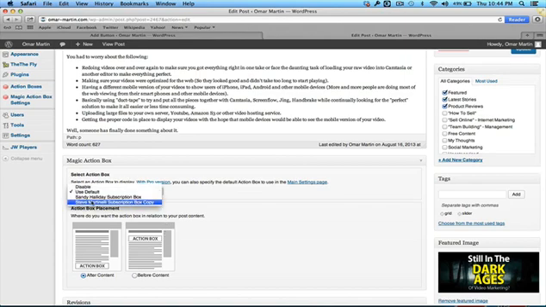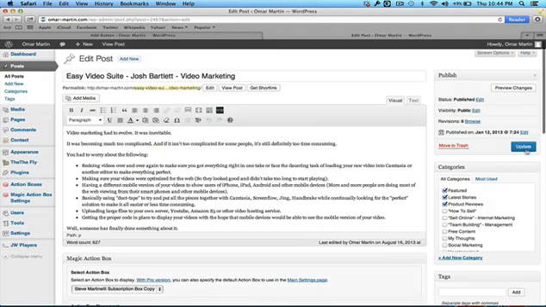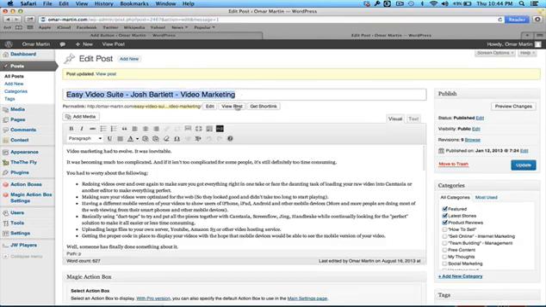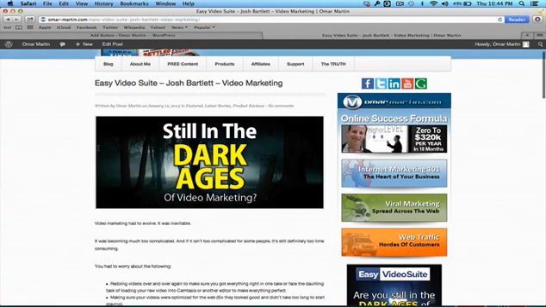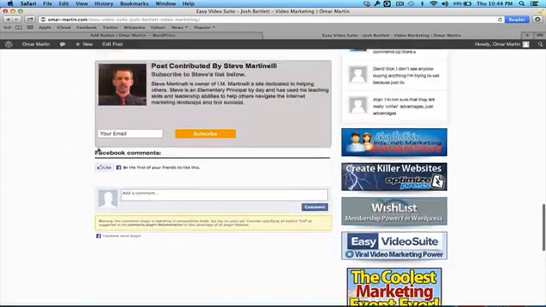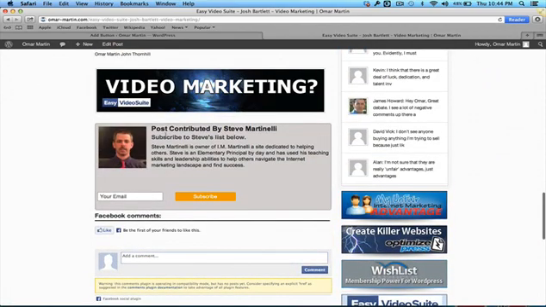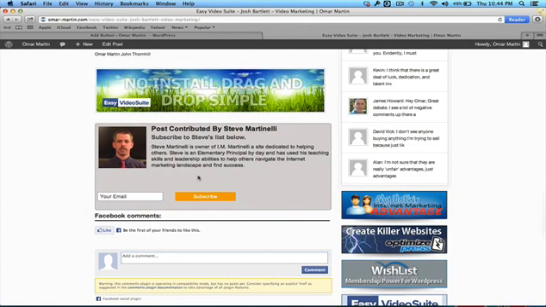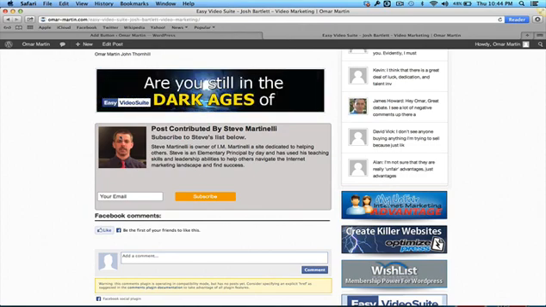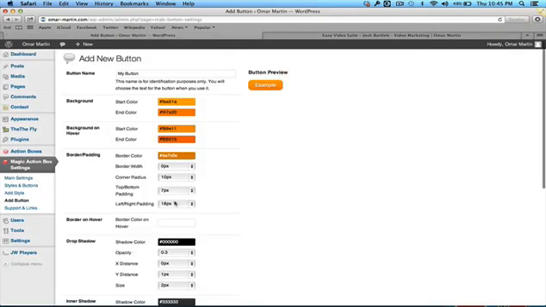So I'm going to select Steve Martinelli's subscription. Now, even though he didn't write this post, I'm going to click update, and hopefully now when we view the post, we should see the Steve Martinelli box down at the bottom. And as you can see, it added this Steve Martinelli box that's down below. So you can create your own box, and you would then be able to add it to each post, or remove it, and modify it.